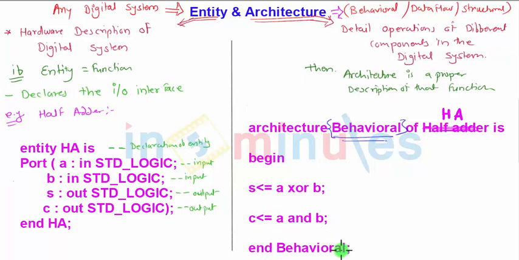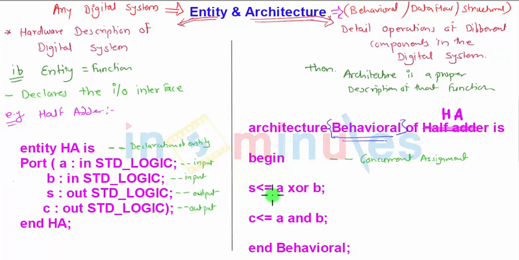And end behavioral, that is the other part about behavioral domain of how the circuit behaves. So XOR operation is there for the sum and AND operation is there between the inputs for the carry. Begin, I can comment here at any line or any row I can comment. So I am commenting here that concurrent statements or concurrent assignments for the S and C, means either of the A or B input changes, both the values get updated simultaneously.